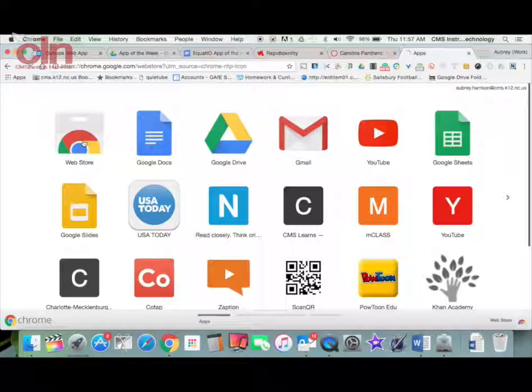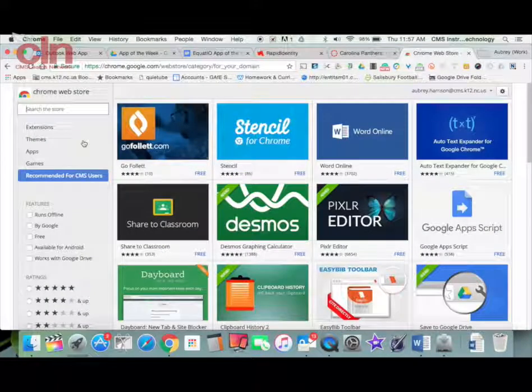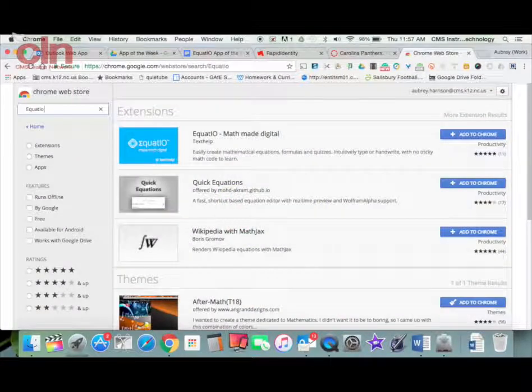Today I'm going to show you a Google Chrome extension. This is mostly for my math and science teachers out there. This is an extension called Equatio. It's basically spelling the word equation without the N at the end, but it is a Google extension within a